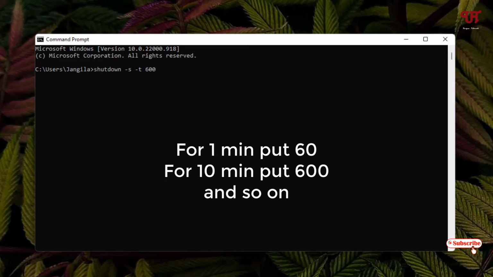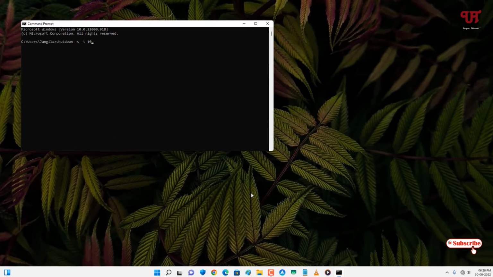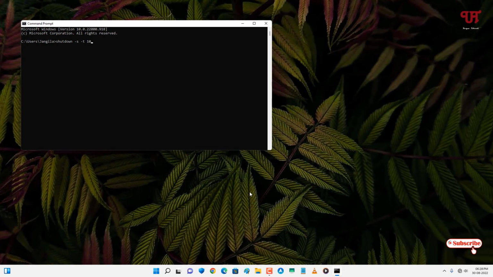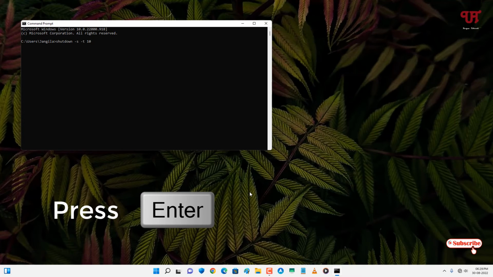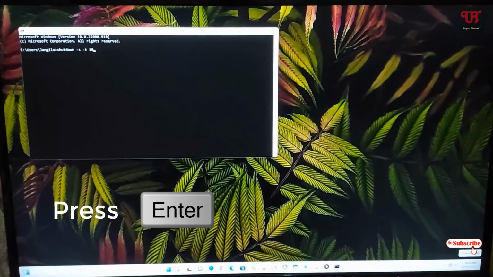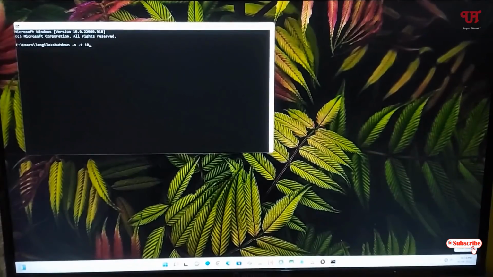So here I'll set it to a few seconds, say I want to make my Windows computer shut down in 10 seconds. So let me put 10 seconds. You can set it depending upon your needs, after how many minutes or seconds you want your Windows computer to shut down. So after typing this, I need to press the enter key. Now once I hit enter,